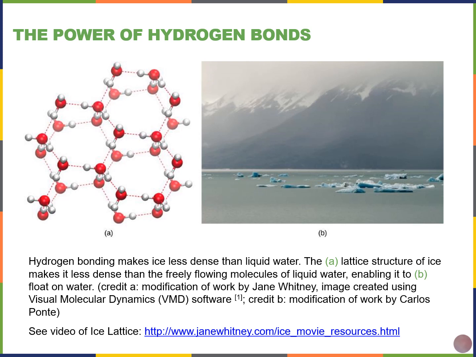And this happens because the average distance of hydrogen bonds between water molecules in the solid form, the water molecules are actually further apart in the solid form in ice than in the liquid state. In lakes and ponds, ice will form on the water's surface, creating an insulating barrier that protects all the animals and plants inside the pond or lake from freezing. Without ice being less dense than water, the whole thing would freeze. And all of the animals and plants and other microbes in the pond or lake would freeze and not survive